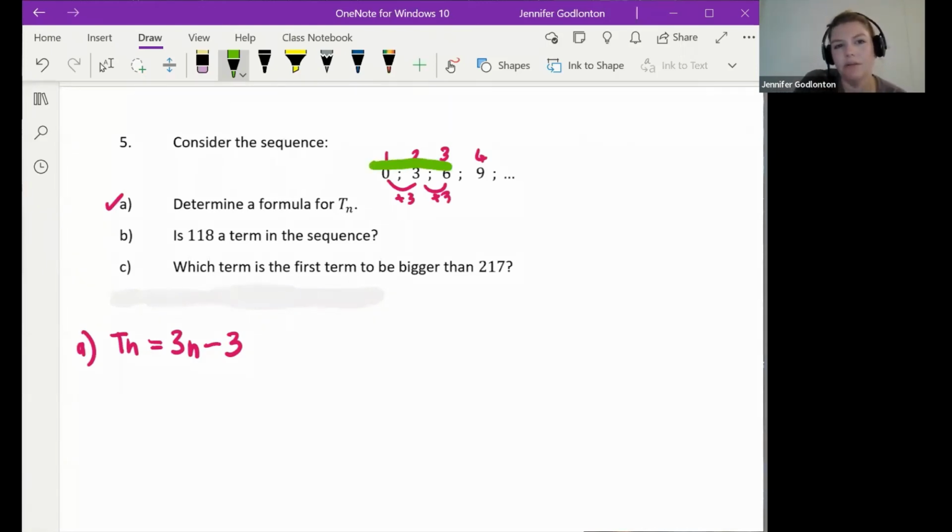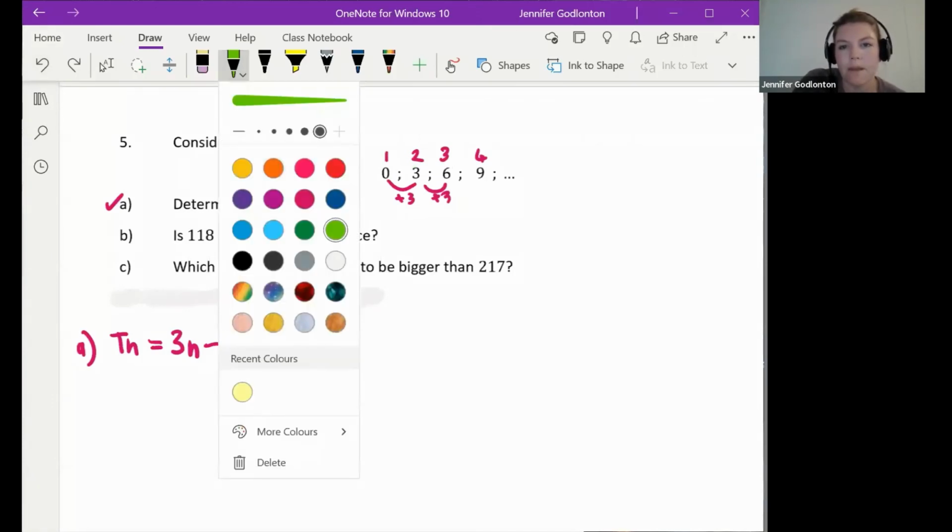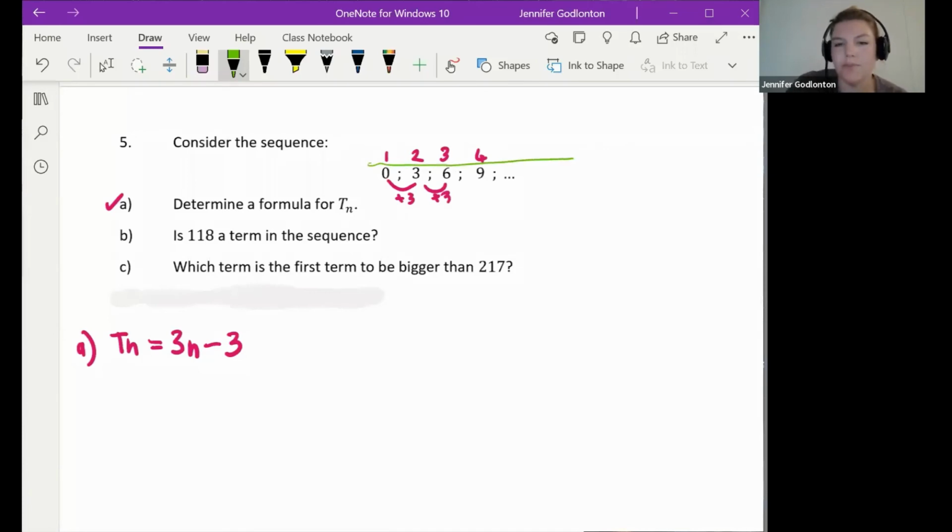Think about your table. That's not what I'm wanting. Think about your table. This is your N. This is your Tn. Okay, if we're having a look at this,